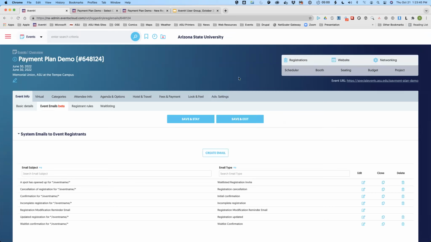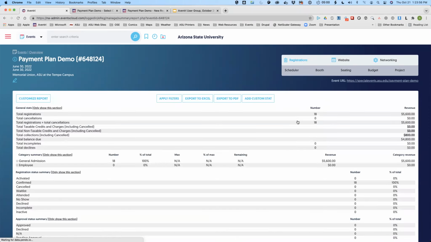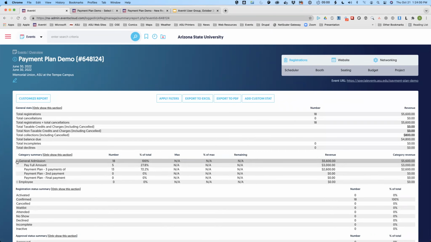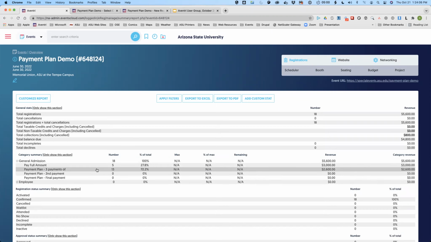So here's the thing. So let's suppose I have already opened up my site. I'm taking registrations and I'm starting to get people who have paid. Next, what I want to do before that second payment date is go in and find the people who have paid, and I need to change their subcategory.